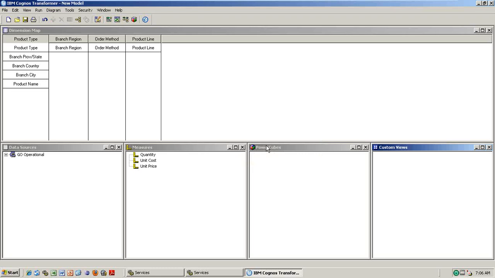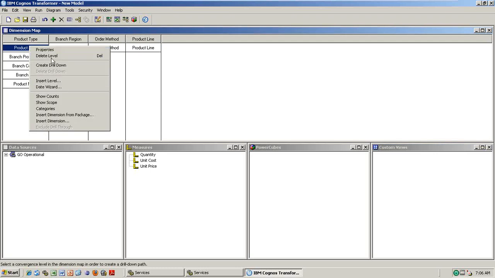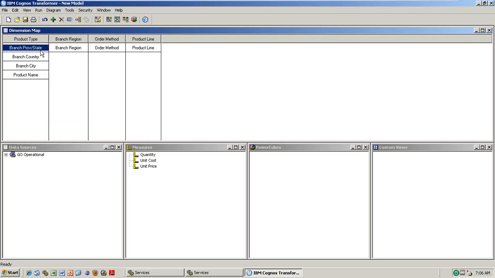You see now, it is automatically created product line, but actually product type should be the level here, but it created here, so it's wrong. So this you need to delete. And also see, country, state is here, you need to adjust it, city, and product name is here, delete. So something it will go wrong.